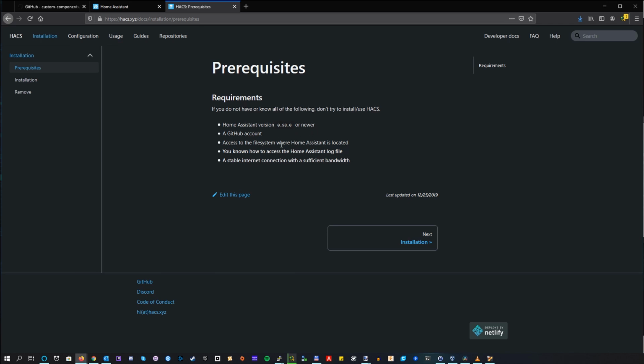And yeah, access to the file system where Home Assistant is located. This means that you have to access the server, be it a Raspberry Pi or Docker host or something like that. The rest, okay, well,